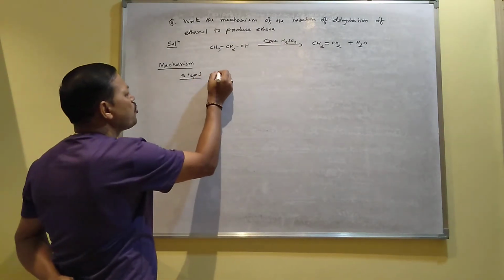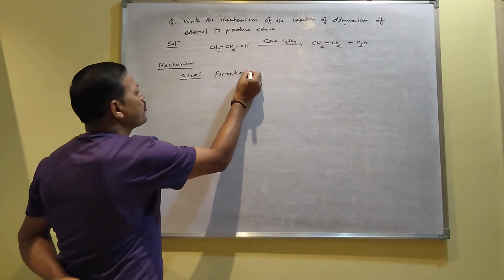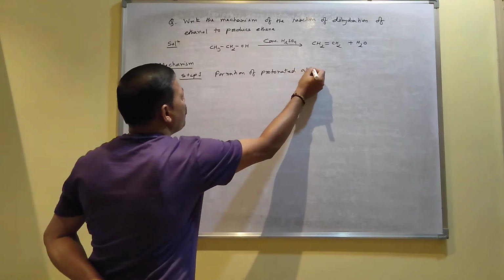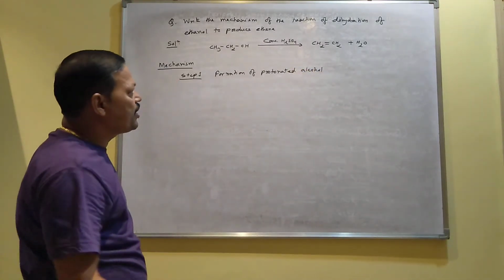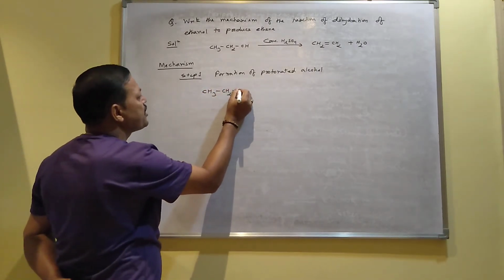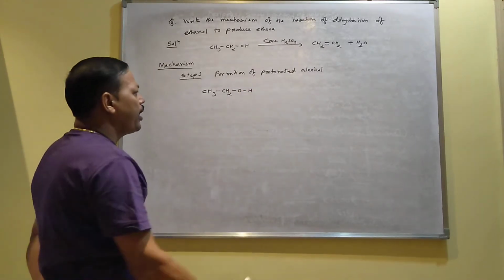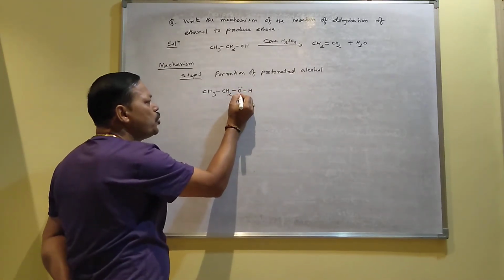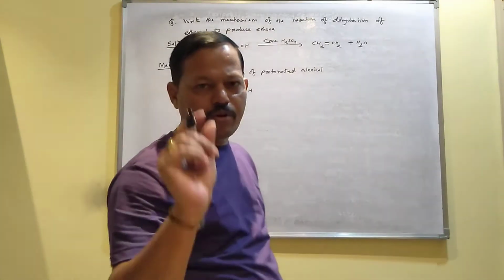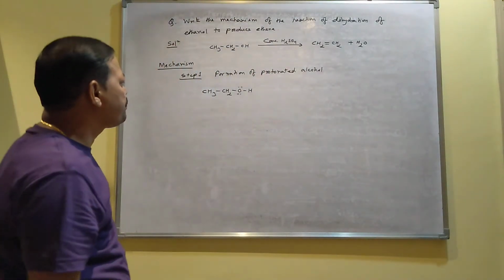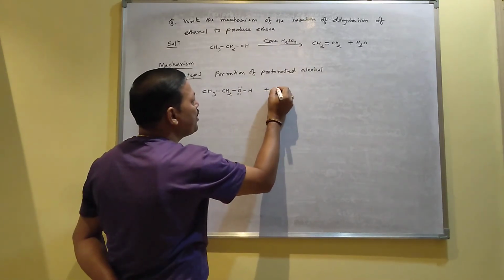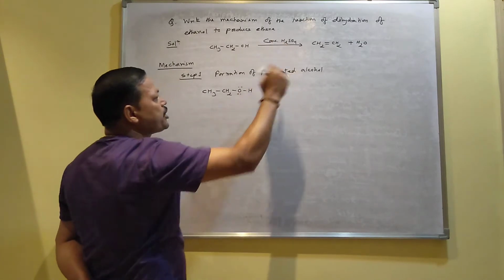Step 1, which is called formation of protonated alcohol. This is the name of the first step in this reaction. What is this? As you know, our alcohol is ethanol, CH3CH2OH. And you know, oxygen always contains 2 lone pairs. And those molecules in which the atom contains a lone pair are said to be bases. So since acid is present, acid always gives what? H plus ion. So from the sulfuric acid, one H plus ion will come.